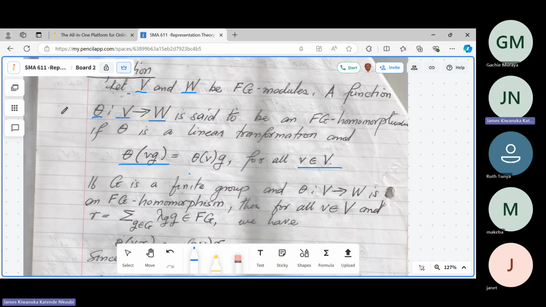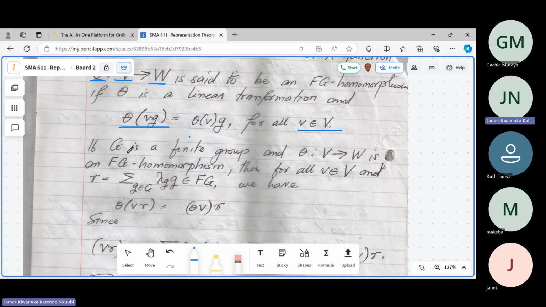That's why I was asking you to look at linear transformations, because the properties we are now going to work with are from linear transformations. You had the whole of last week, so by now it should be familiar. If G is a finite group and theta is an FG homomorphism, then for any vector v,